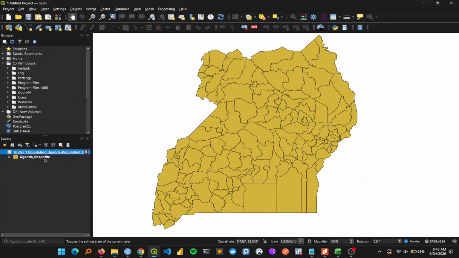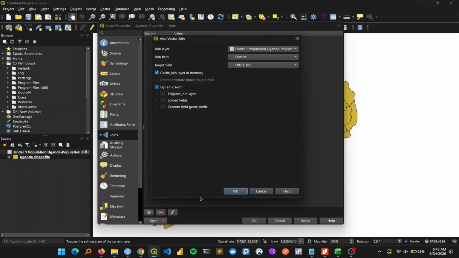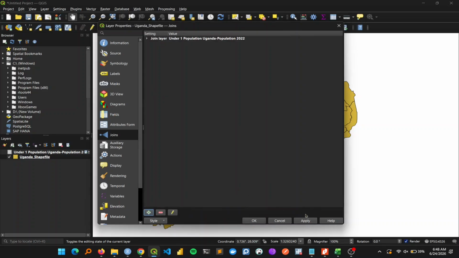So we are going to add a join on this shapefile itself. I'm going to right click, go to properties. Then in properties, I look for joins. Then I click on plus. So I'm joining my shapefile with this Uganda under one population, joining district with D. So I'm going to click OK and